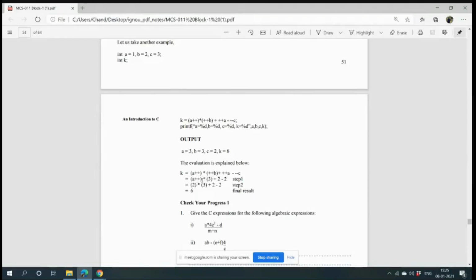Because of plus plus, we know that it needs to be 3, but actually we incremented 2 plus 1 to 3, but we are setting 2 because it is the rule of the postfix operator. But already A is incremented to 3. The new value of A will be 3, the new value of B will be 3, the new value of C will be 2, and the new value of K will be 6. So it is correct. Right to left associativity.